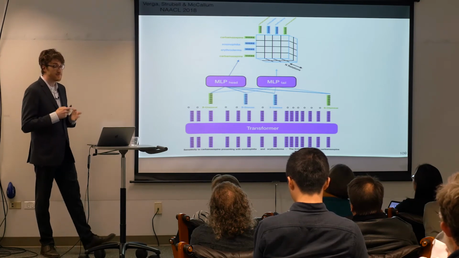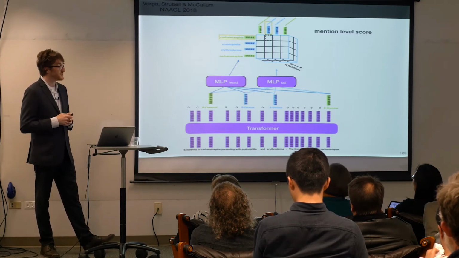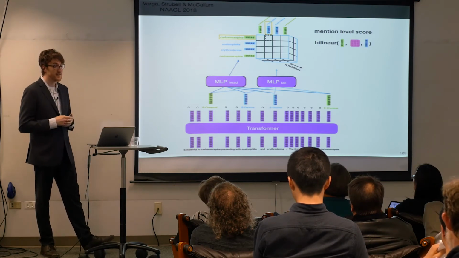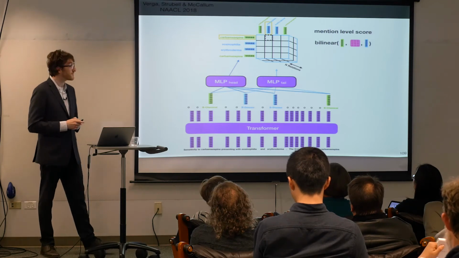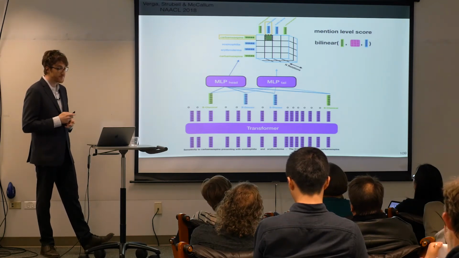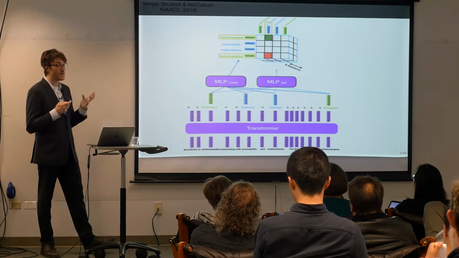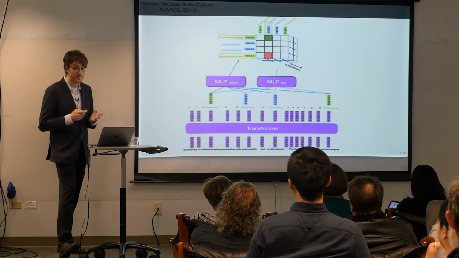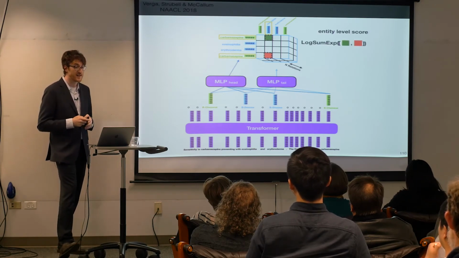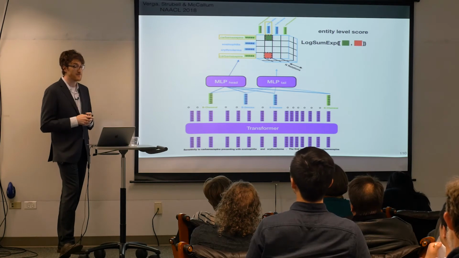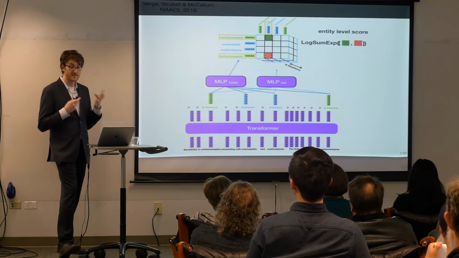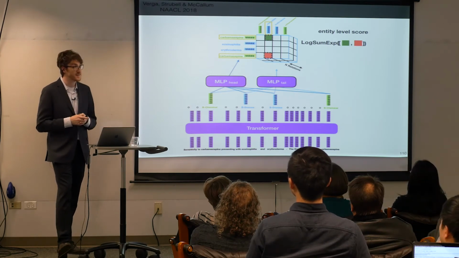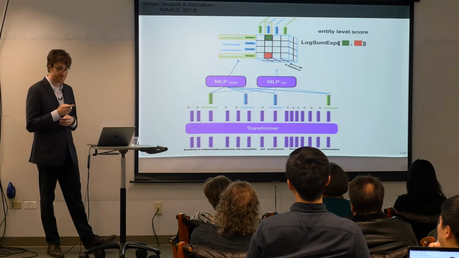Then we can get mention level scores as a function between each pair of entity mentions. So for example, we can take the bilinear product using some learned parameters for each of the relation types that we want to be able to predict. And in many cases, we're going to have multiple mention level scores that are actually referring to the same pair of entities. So just as we did before, we can aggregate these mention level scores together, giving us final entity level predictions. And this is important because in this particular data, we only have this type of entity level supervision. We don't actually have mention level annotations for these relationships.